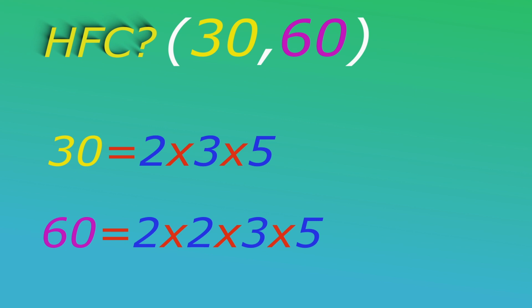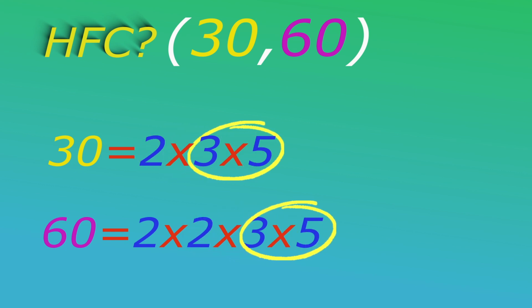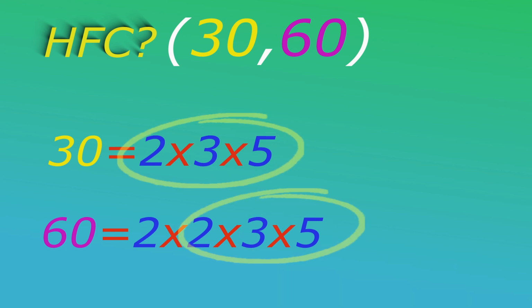Before, to find the highest common factor, we were looking for factors common to both numbers, and in particular the highest factor that both numbers have in common. But we do something different when looking at products of prime factors. We need to look for products of factors common to both numbers. So for example, 2 times 3 is a product of factors common to both numbers, so is 3 times 5. But we want the largest product of factors common to both numbers, and that's 2 times 3 times 5.